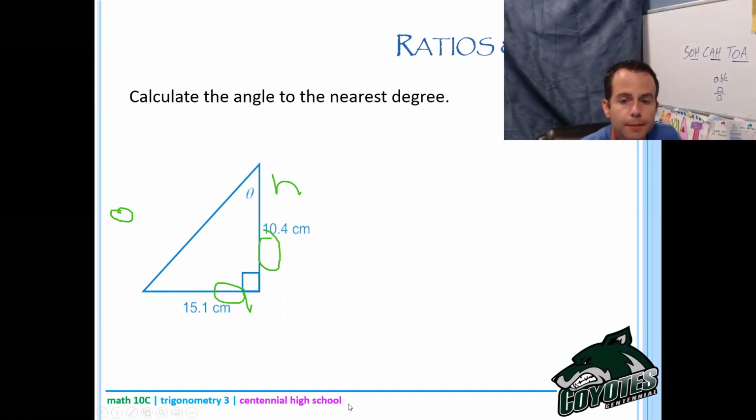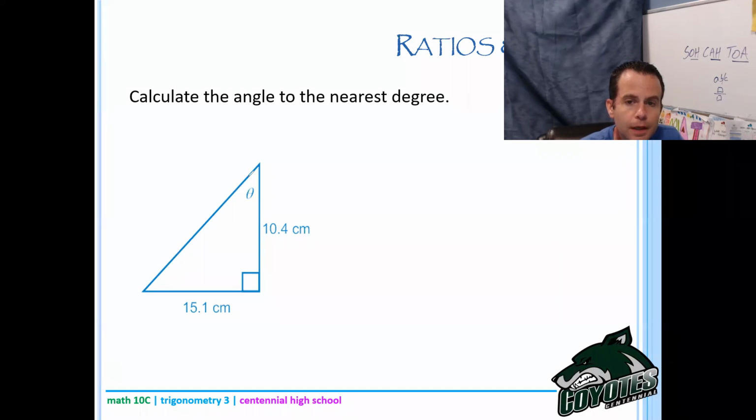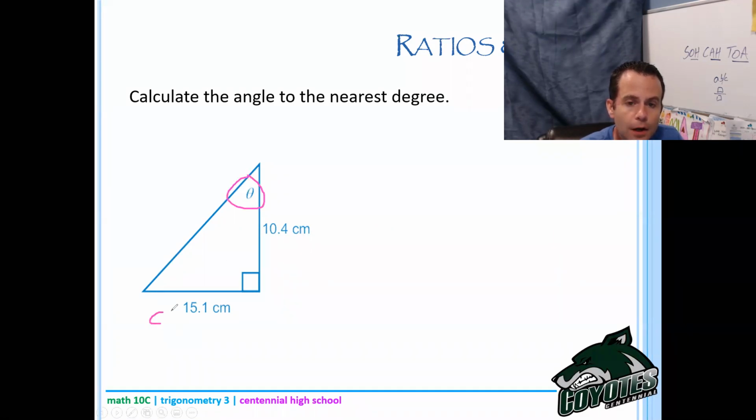So, let me get that ink off for you. So here is theta that I'm looking for. And given that theta, this is opposite, this is adjacent, this is hypotenuse. So I have the opposite, I have the adjacent. So which trigonometric function uses opposite and adjacent? That would be tan. So I'll go tan of theta equals